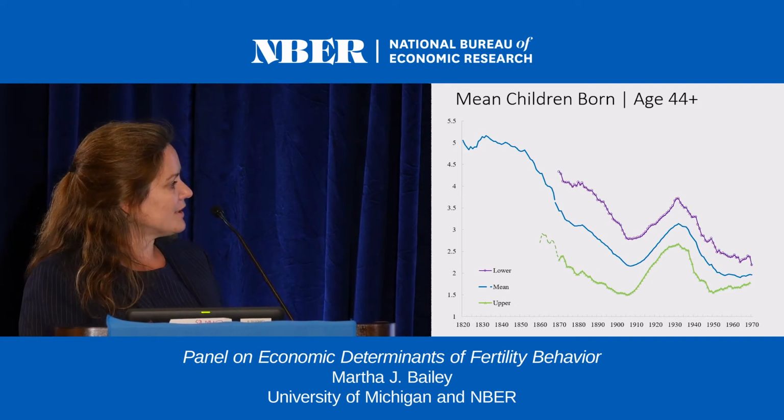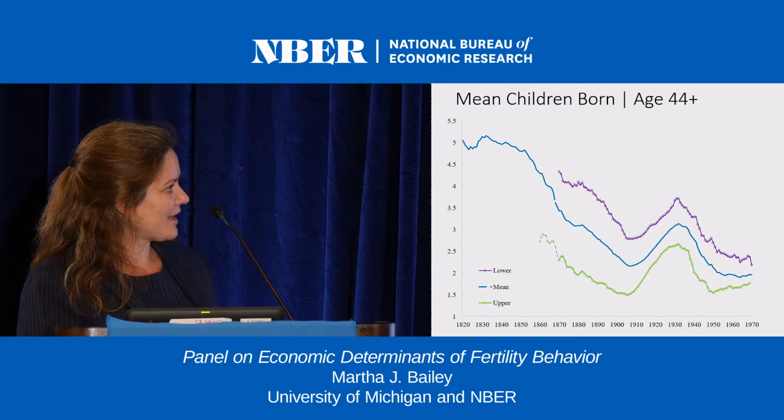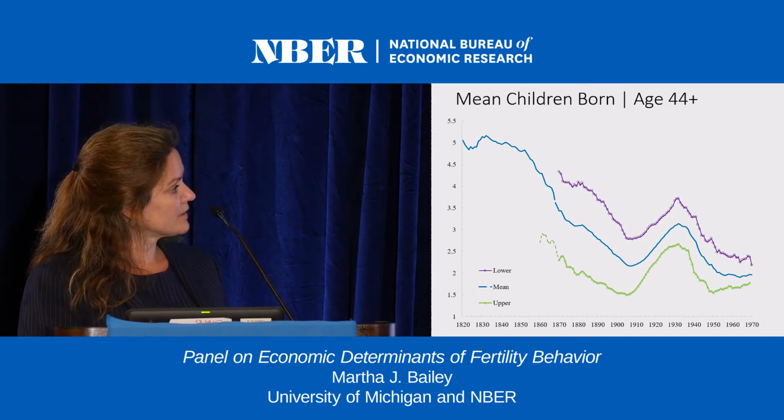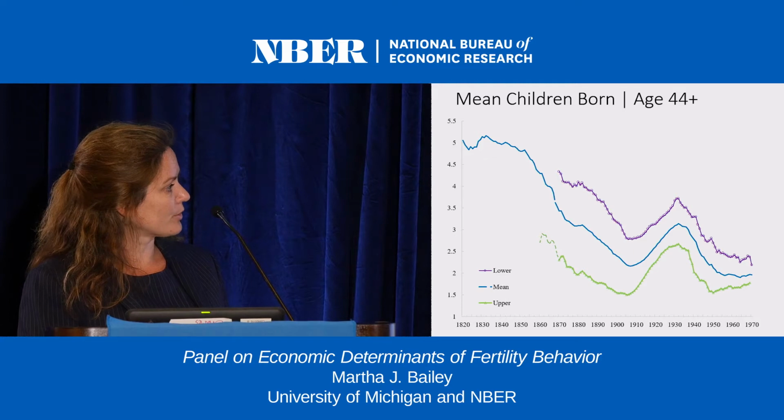Now, what you see for the least educated women is that they've always tended to have more children on average, and then this tracks really, really neatly. And the number of children they have for the low fertility cohorts drops from almost 3 to right above 2 in the more recent period.